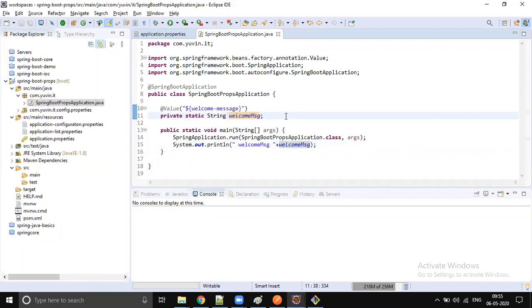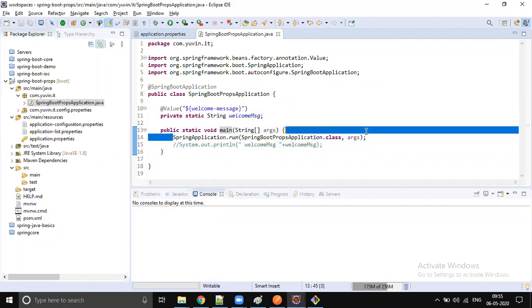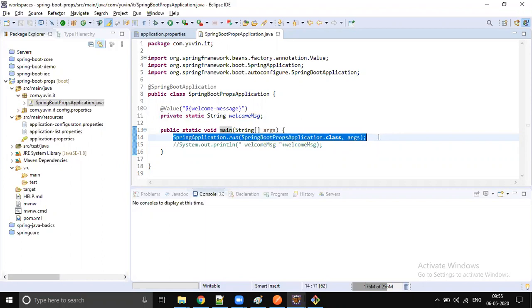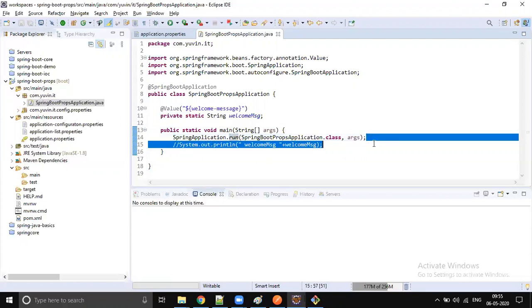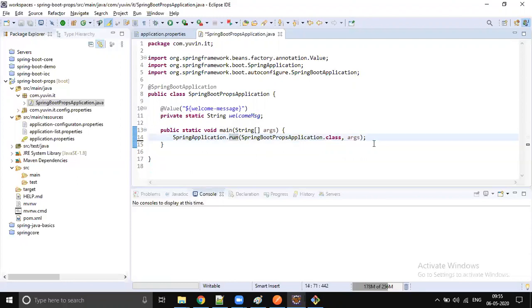So whenever you want to print any message or process anything in your main method, never do that. It's a very, very bad programming practice. Make sure your main method always has only one statement, which is Spring application dot run. Other than this, you should not add anything.